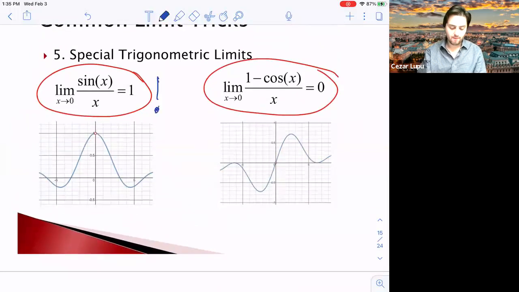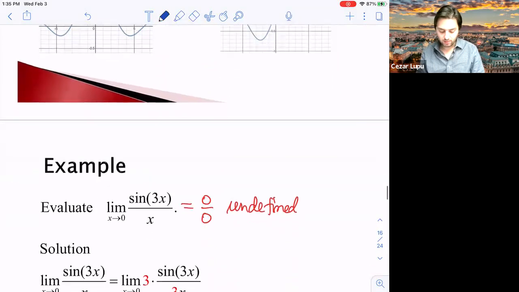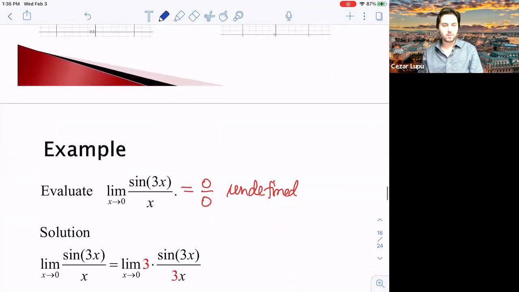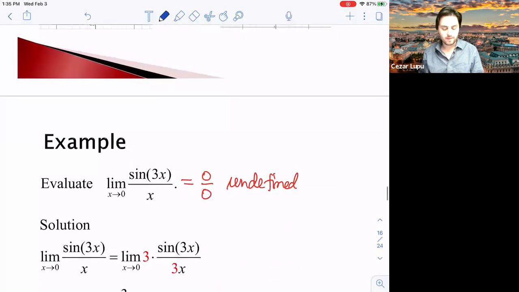You see this one here. So maybe we should use this one. And indeed, we can do that. The only difference is that we have a 3 there. No problem. I can multiply and divide by 3, as you can see now. And now this guy here,